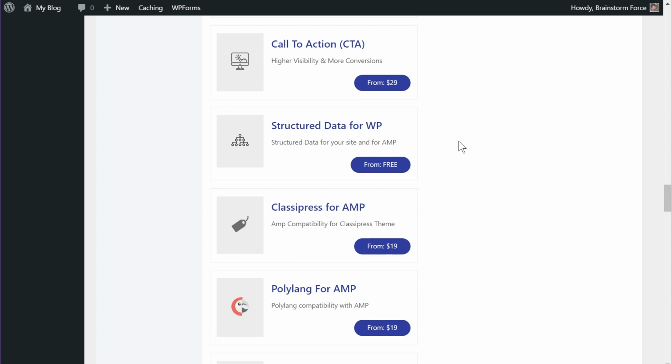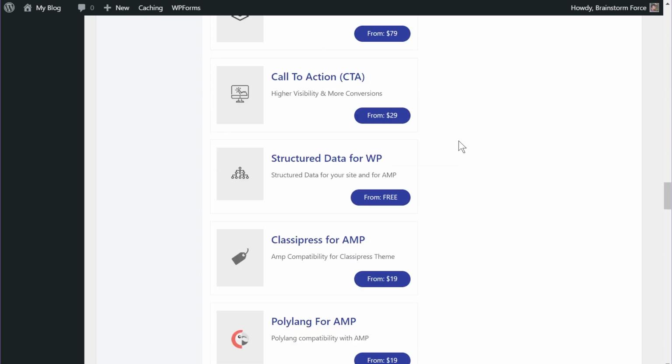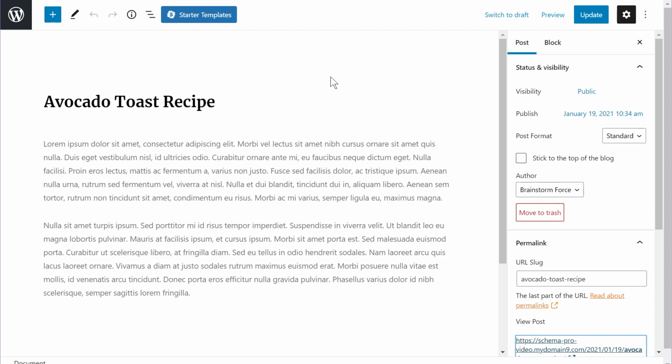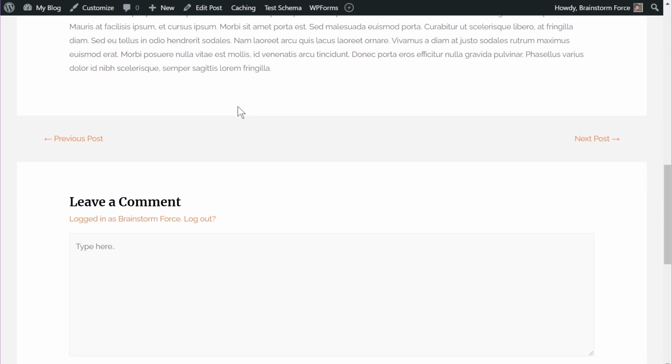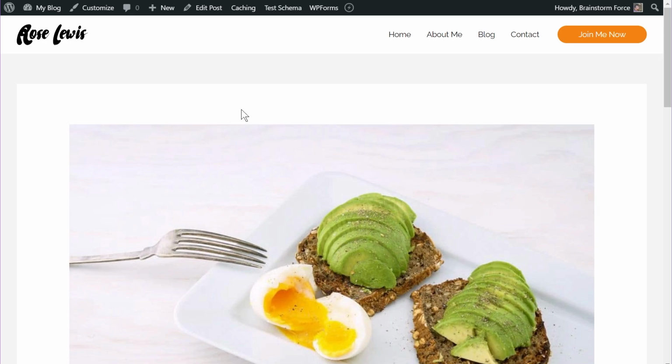Now that we've covered the extensions, let's actually enable the AMP support. Let's open up a page and see how AMP performs on our website. So here's a page on my website. It's about an avocado toast recipe. This is how the page looks from the backend. And this is how it will look on the front end of the website to anybody who's visiting. It's a post, so that's why you see the comments and the other things on the page. Now to test out the AMP version of the page, all you have to do is click this button right here, which will switch to the AMP version.